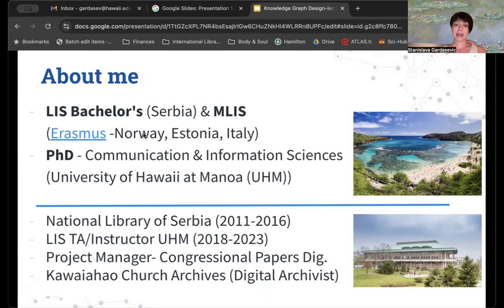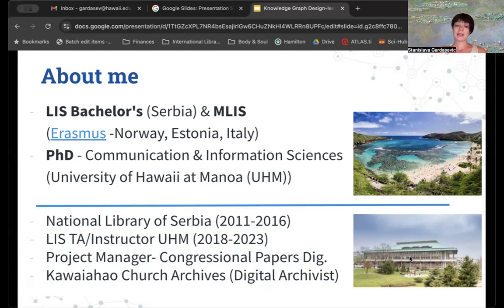After that, I came back to my country, and there I worked for 5 years in the National Library of Serbia. This is the nice big house and institution where I worked on different e-services, starting digital libraries and digital archives. But then I moved to Hawaii to do my PhD in communication information sciences, which is an interdisciplinary